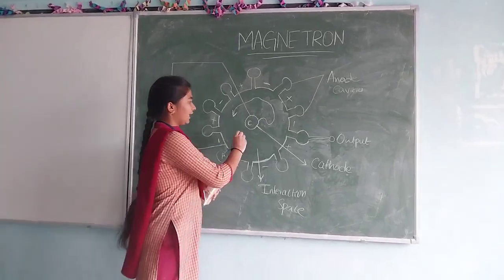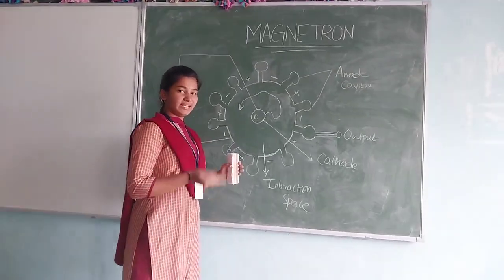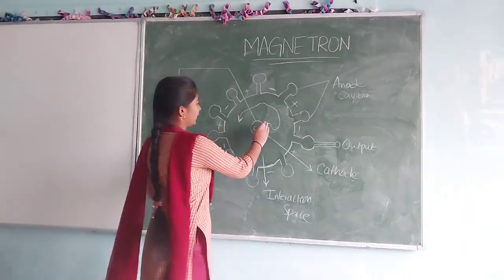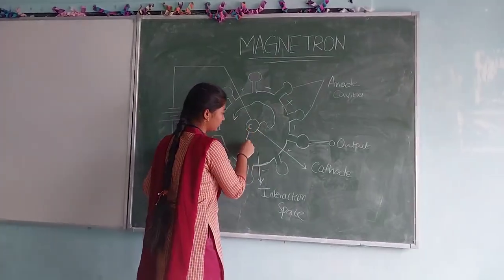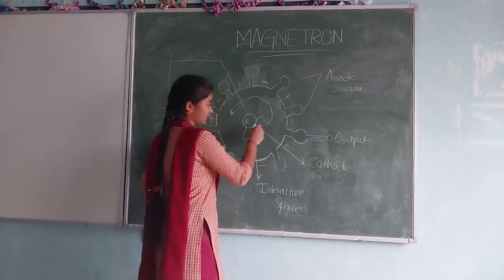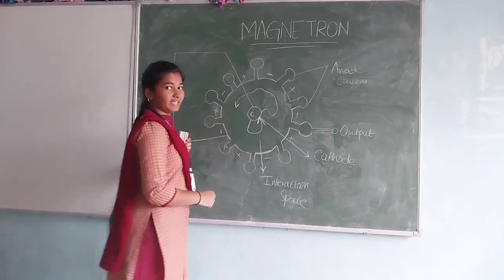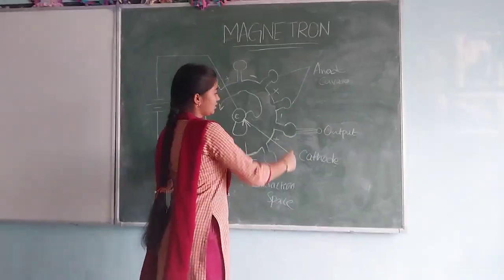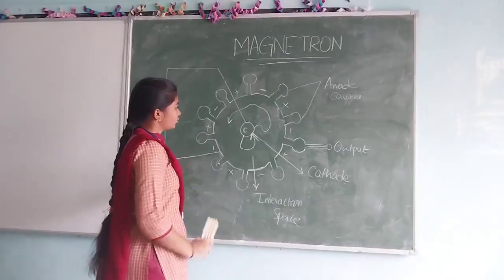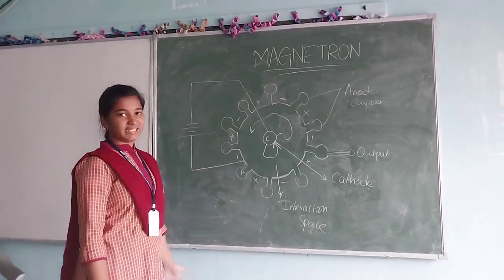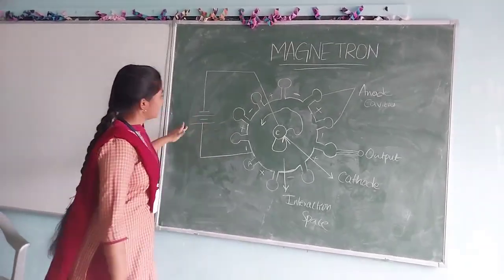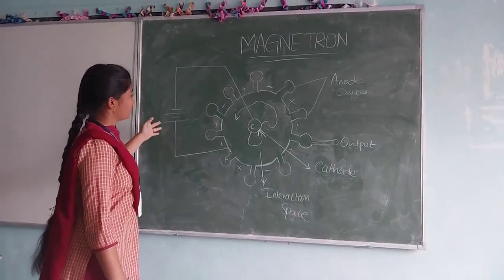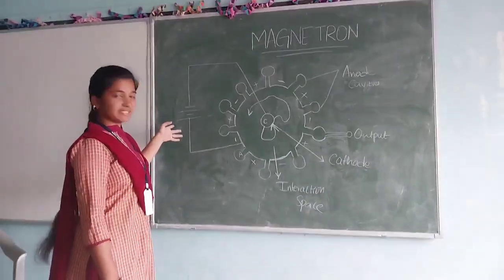So when the magnetic field keeps on increasing and crosses the critical magnetic field, the electrons produced from the cathode will move back to the cathode itself in this way. This is known as back heating. In the case of back heating, the output will not be produced at any cavity. So the output is 0. To overcome this back heating, the voltage given to the magnetron is given as the cutoff oscillation.